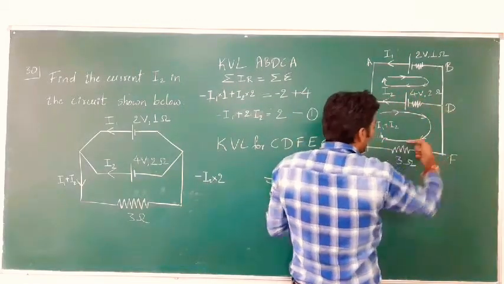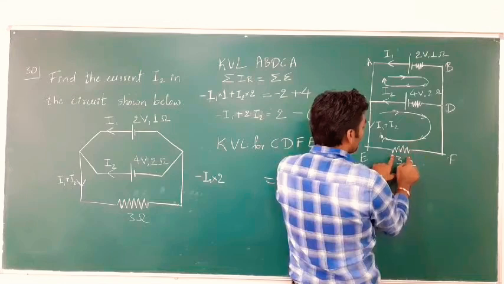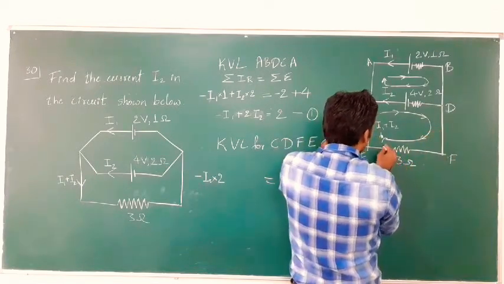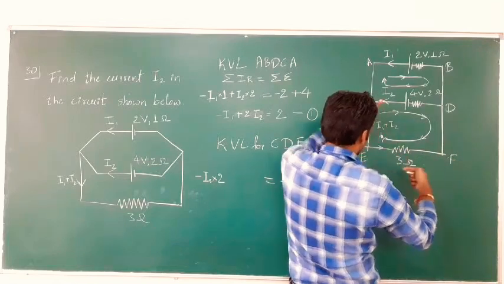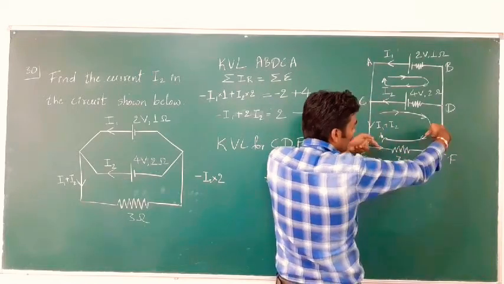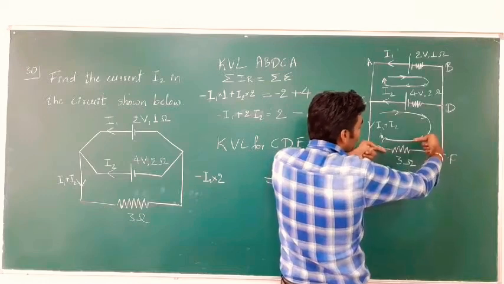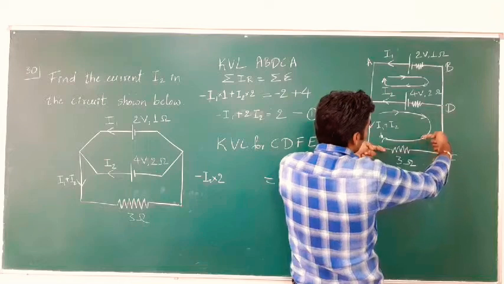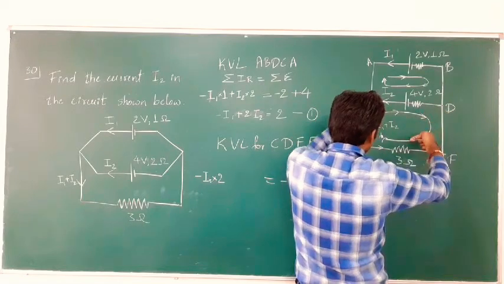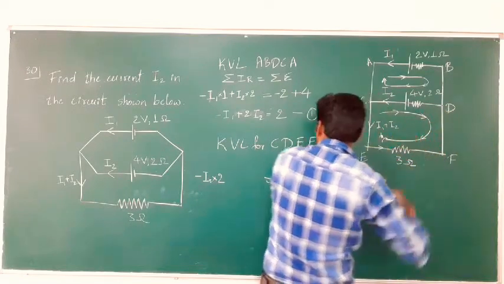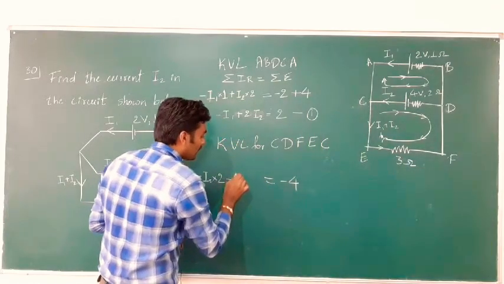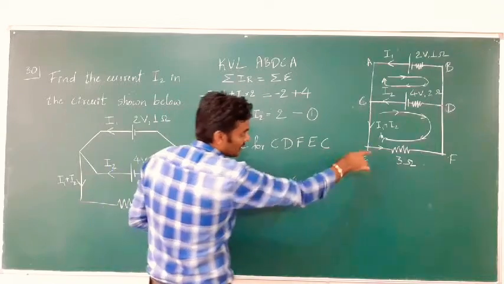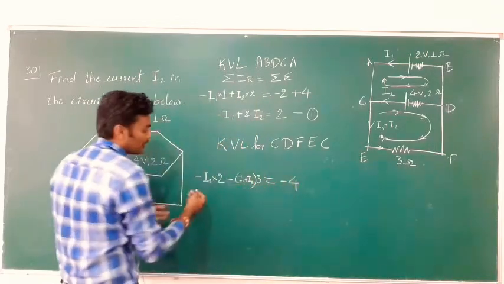Then I move ahead and see one more resistor here, and this resistor is of resistance 3 ohm, but the current of I1 plus I2 is flowing through the resistor. The total current of I1 plus I2 is flowing through the resistor, and that direction of flow is again opposite to the direction of traversal, right? I am coming like this and the current is going opposite. So, it is again minus (I1 plus I2) into 3. Now, let me simplify this.